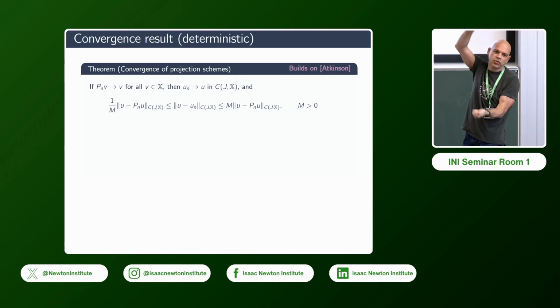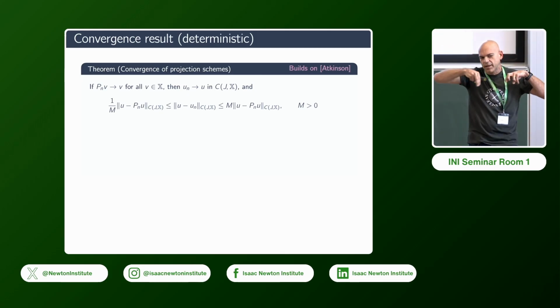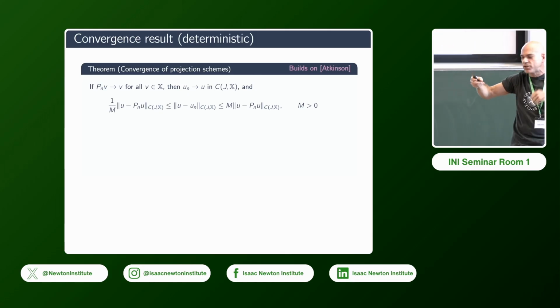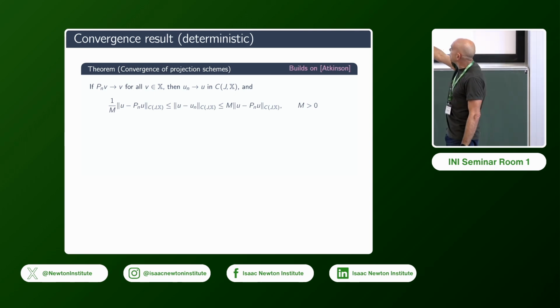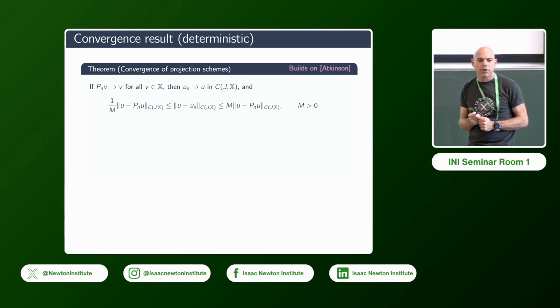It can be bells and whistles on top of the neural field. U_N is the discretized problem, and you can think of N as being the number of nodes or the number of modes of the discretization, and you're interested in sending this gadget to 0 fast across all space and time. And this is what this symbol tells you. And to the left and to the right, what we prove is that if you want to estimate how fast this goes to 0, you have to look at how fast this other term goes to 0. And how fast this term goes to 0 is something that you can read from a numerical analysis book.